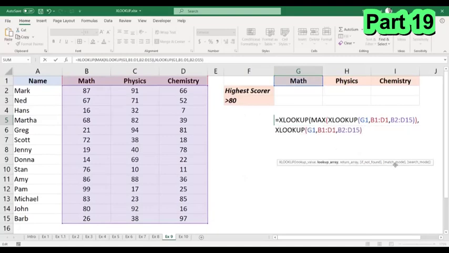Let me drag this down. So this is going to give me this entire range. So if math is selected, this gives me the entire column of math numbers, and my lookup value is the max